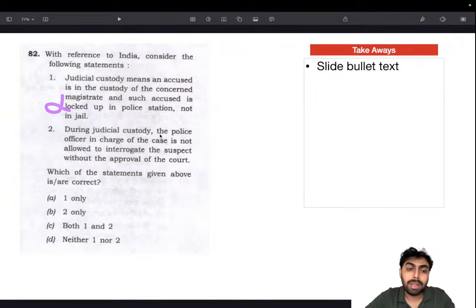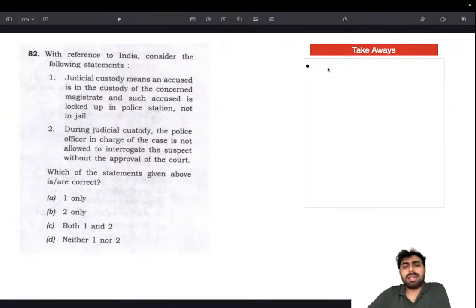During judicial custody, police officer in charge of the case is not allowed to interrogate suspect without approval of court. Yeah, that is true. Once they are in judicial custody, police need to take the permission to interrogate them. Yeah, that's true. So B is right. So 82 is B. There is no particular takeaway from this, but learning right against arrest and detention,